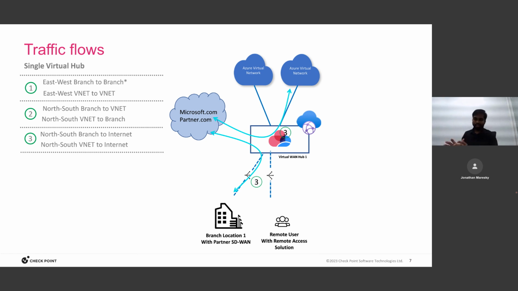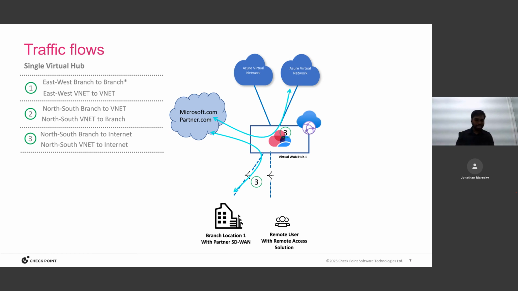Third would be the central internet breakout. Here we can use the existing NVAs, or we can configure a separate NVA within the same hub, and we will use that NVA to create a central breakout. So if any users or applications or VMs present in your Azure VNet, or in your data center, or any users present in your branch as well as remote users, want to access the internet, google.com, microsoft.com, or any xyz.com,